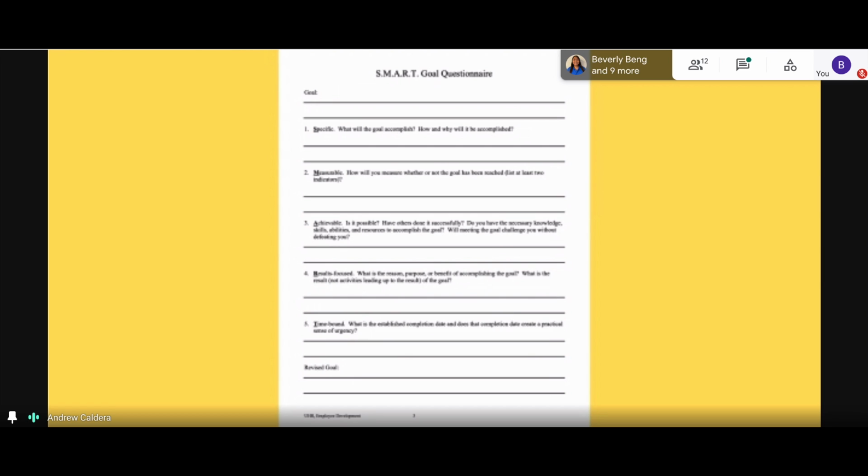It's basically just you list the goal right here when you start at the top, and then you go through each one. What part is the specific? What part is the measurable? What part is the attainable? What part is the results focused? What part is the time bound? And usually if you don't find it with that goal you've written, that's your chance to fill it in right there, because then what you could do is on your revised goal, it's where you include all that information.